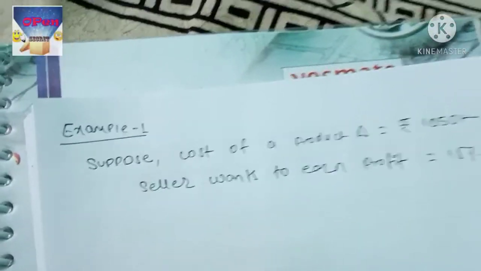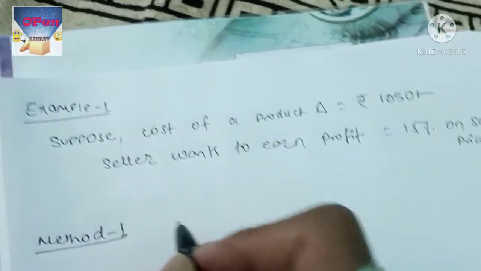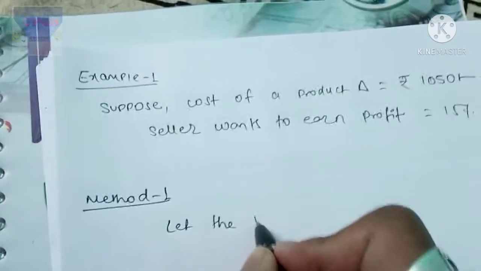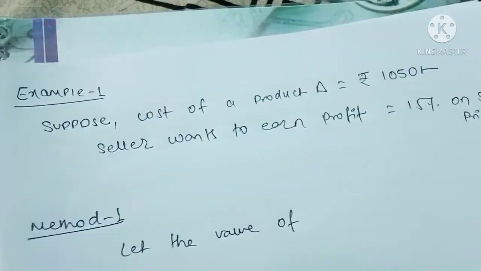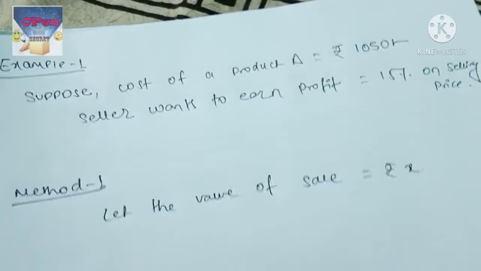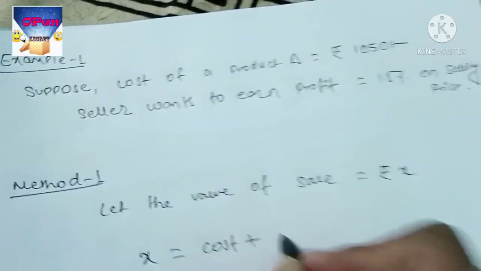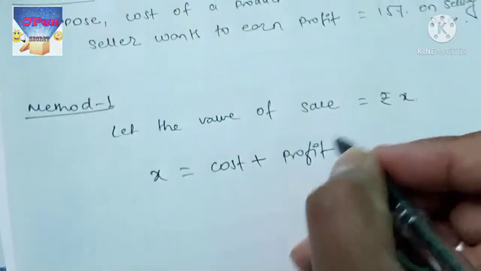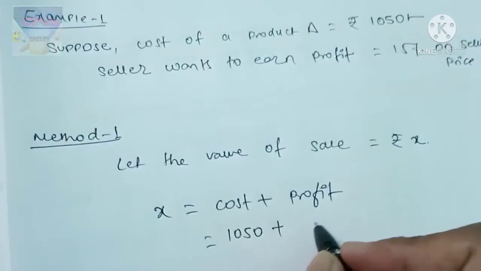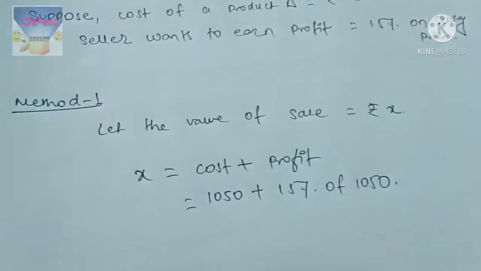So method 1 that can be used for computation: let the value of sale be rupees x. So selling price is equal to cost plus profit. Here cost is equal to 1050 rupees plus profit is 15% of